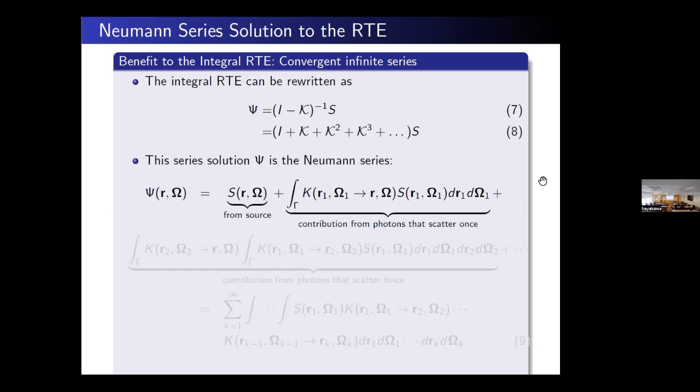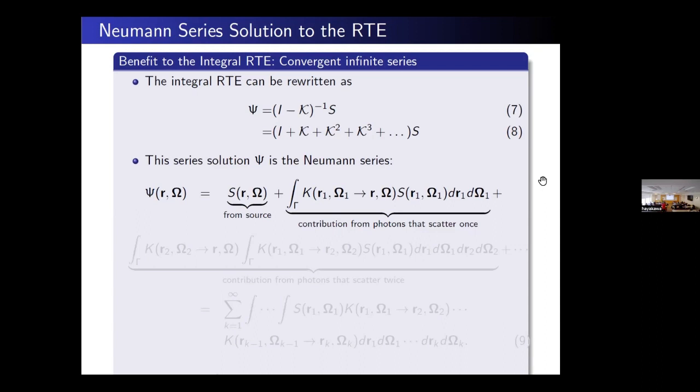This is called the Neumann series. A lot of people in rendering are familiar with it and use it in their talks too, so you might have heard of it. What it means is if we're interested in the solution psi at a position r at a direction omega, the solution is comprised of those photons that come directly from the source. This could happen in a transmittance situation. Reflectance can't, because you have to scatter in a straight line right into that direction and position. So that's the first term.